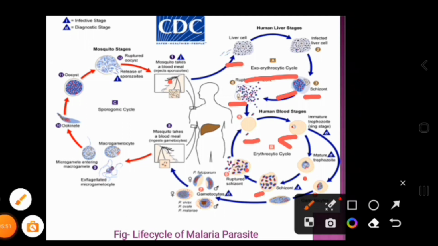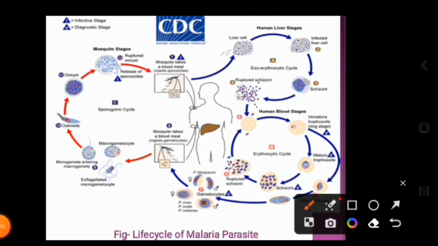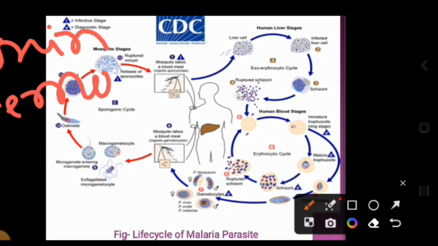During the rupture of the RBC, a toxin is released, known as hemozoin. This hemozoin is responsible for the bone-shaking chills in malaria, which is the characteristic sign of